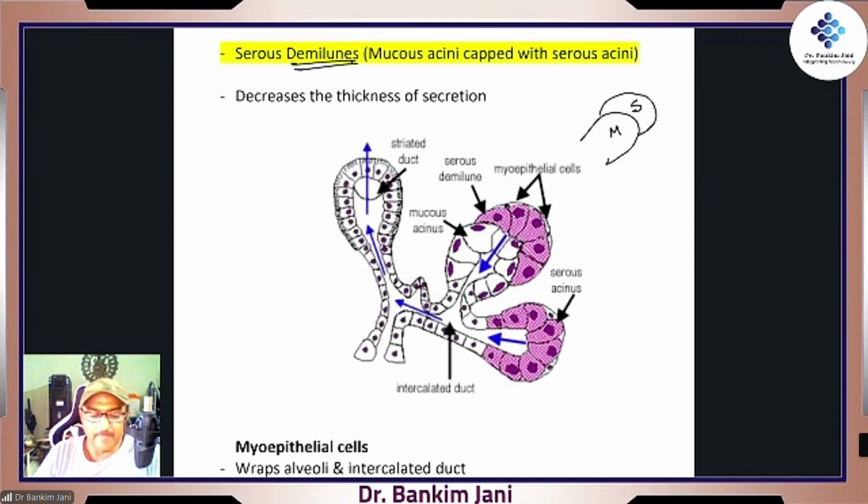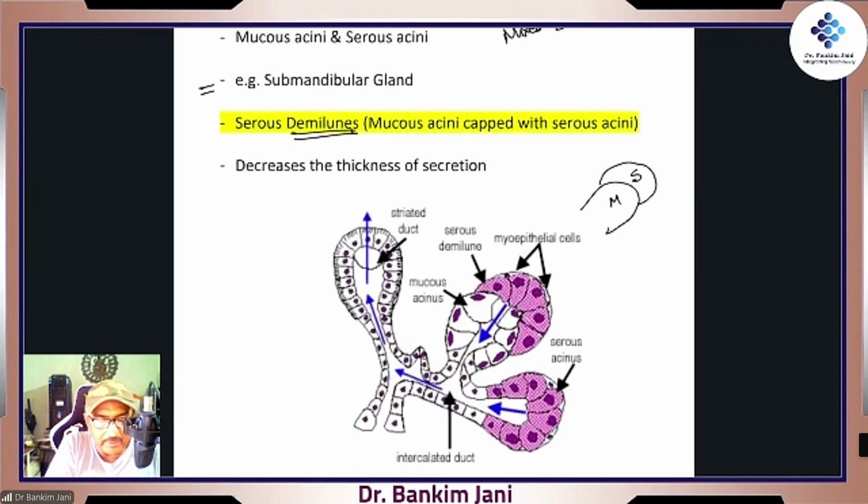In exam, in viva, the moment you use these words and give this description, yes, it is good, but when you use the term demi-lunes, you are a killer, right? Because you have given the complete concept. So that's the subtle difference. Whenever you discuss, use these keywords. Always try to remember the keywords.